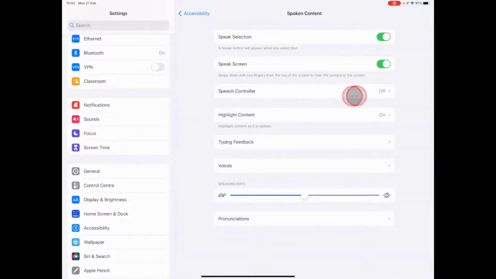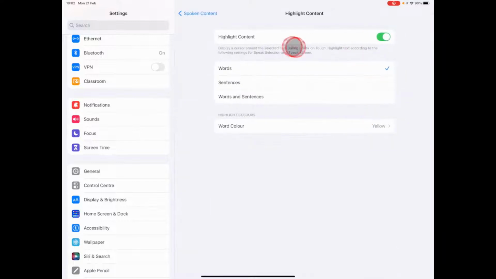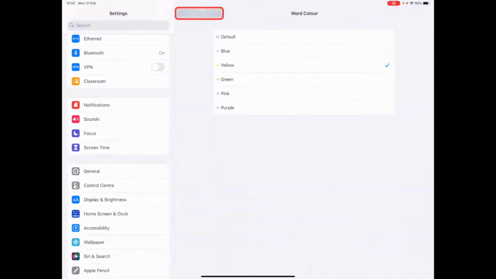I don't use a speech controller very often, but if you need an on-screen control because you find that easier, obviously that's where you turn it on. Also, I've turned on highlight content, and I want it to highlight the words as it tracks across the page. And I've chosen yellow. You could choose a colour that suits you best. So with those turned on,